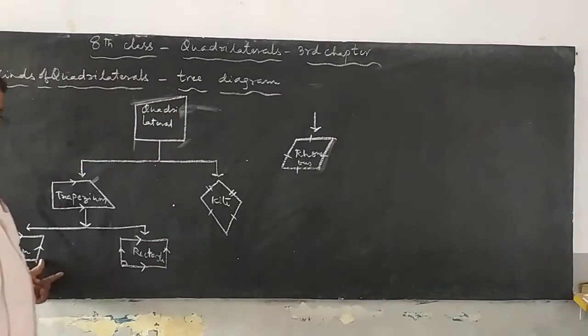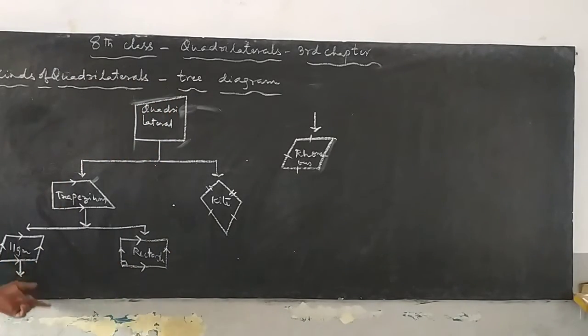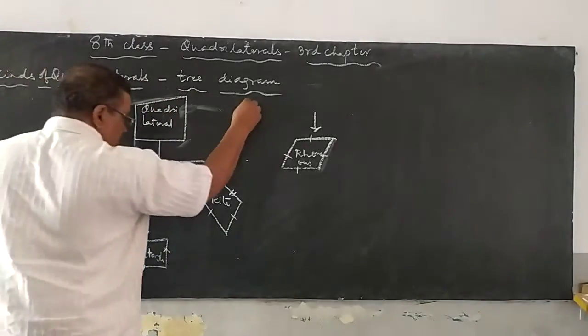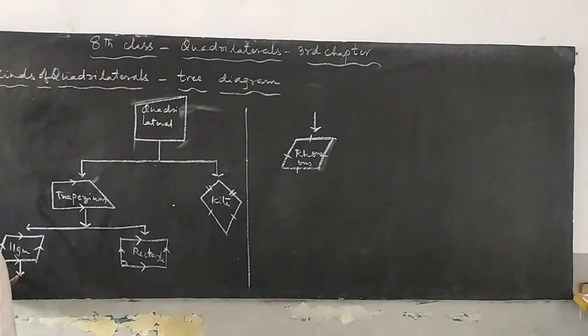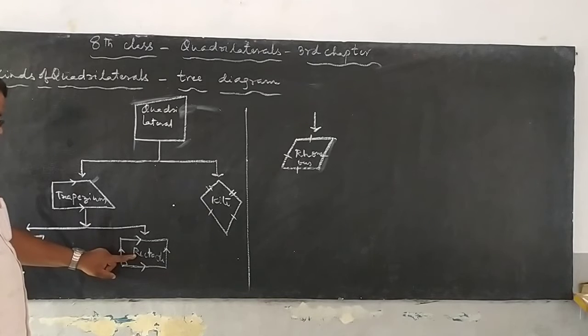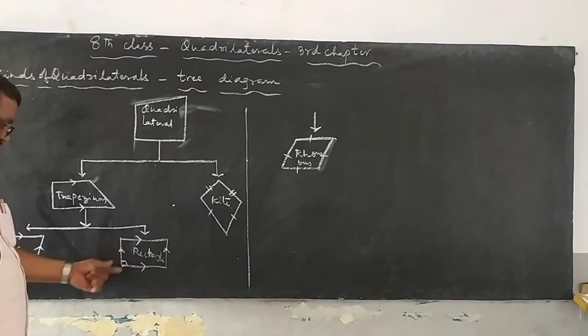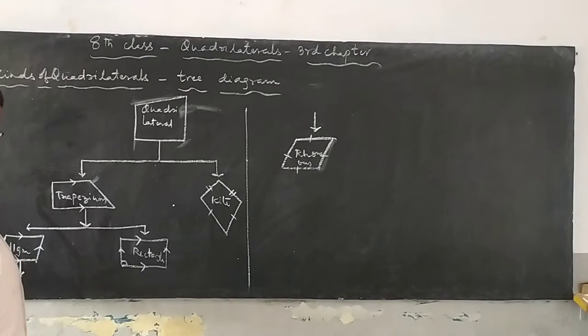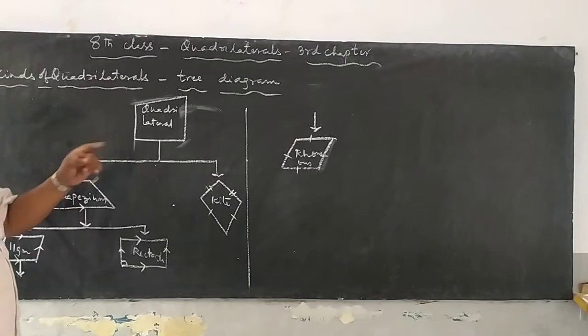Actually here space is not sufficient for me, that's why I drew the diagram there. That's all, from that side onwards. Draw that diagram under this. A rectangle in which any pair of adjacent sides are equal, it should be a rhombus.